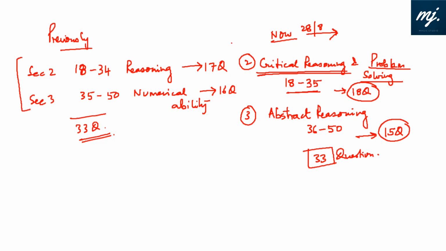This was the change, and this was quite a good change in the sense that not a single question from quants was there. Not a single question from maths, not a single question from numerical ability. The entire 33 question set was from different topics of logical reasoning, critical reasoning, abstract reasoning, and non-verbal reasoning. In this particular session, I will feature a few of the questions which we have seen from critical reasoning, many of them, and abstract reasoning questions.